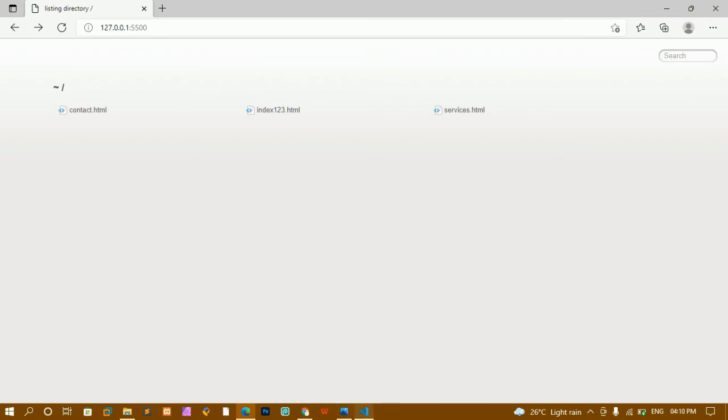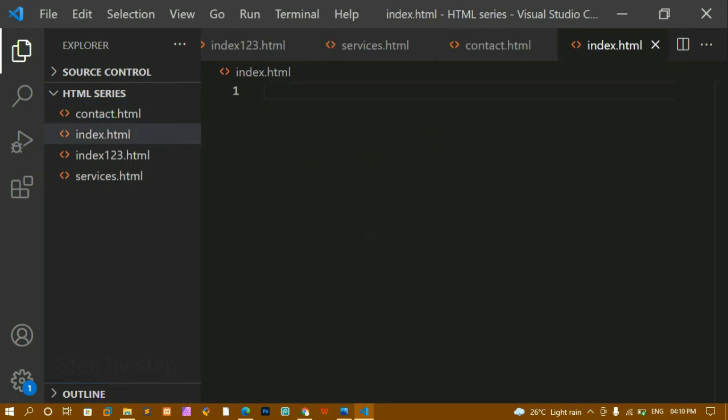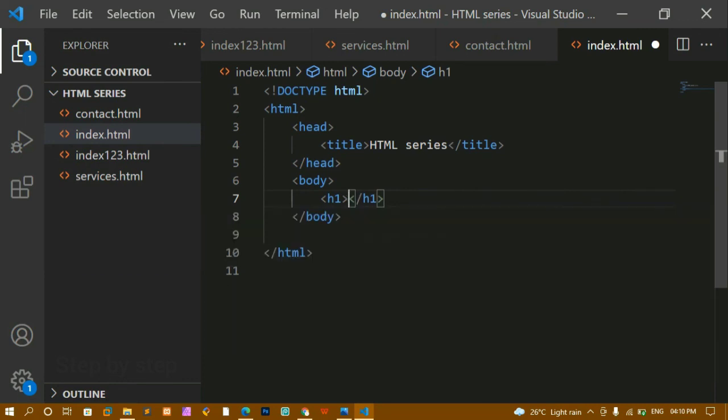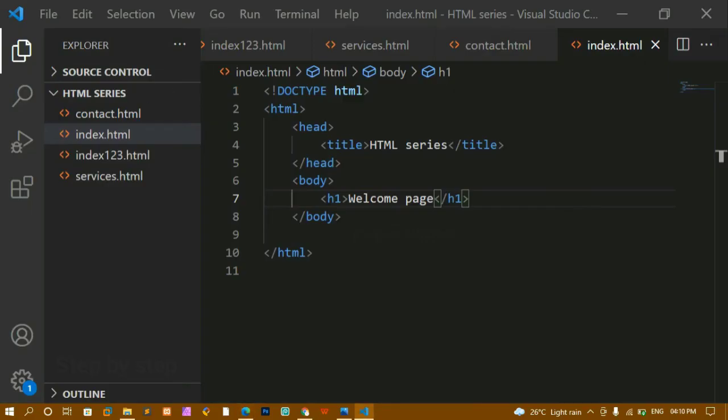In the same way, now if I create index.html, let me write here index.html. Inside this, I'm going to paste the same thing. Now instead of this, let me write here welcome page. I'll save this. I'll come here. Now if I refresh this one, you can see directly I am having this welcome page. Whatever content I am having inside index.html, that is fetched by the server and displayed to us. So you should understand it is a special file type. Server will be fetching this name and that data will be displayed.